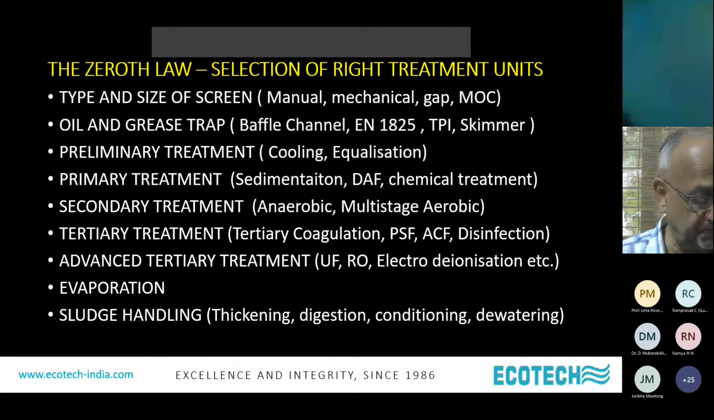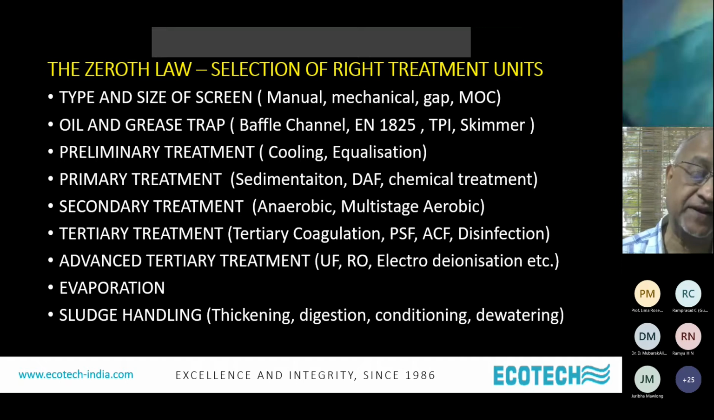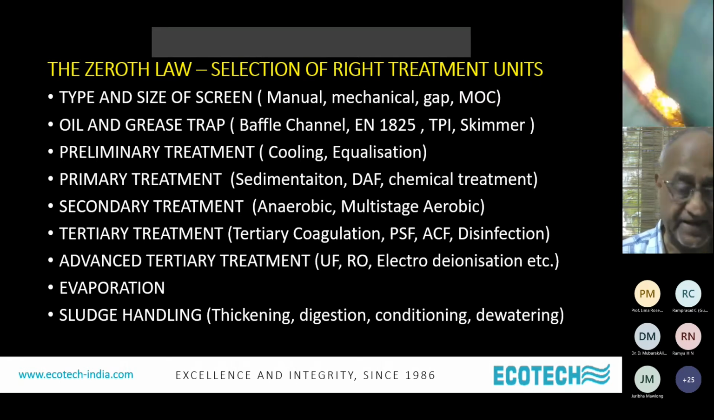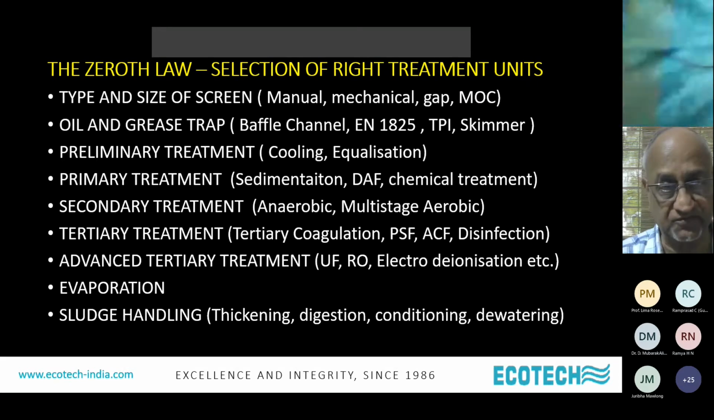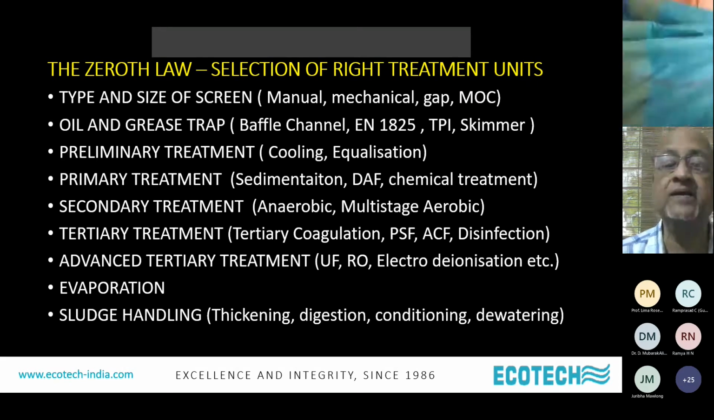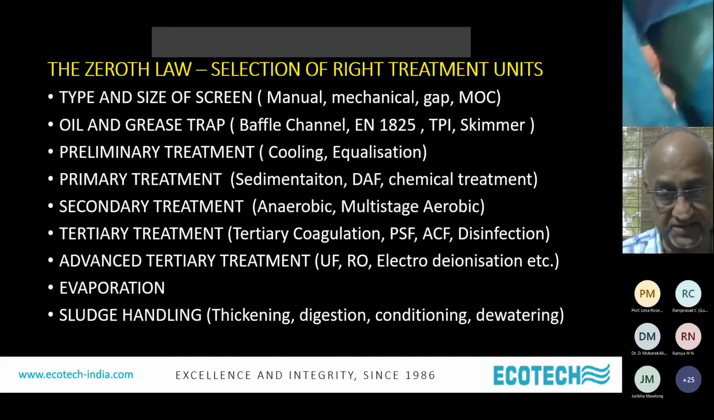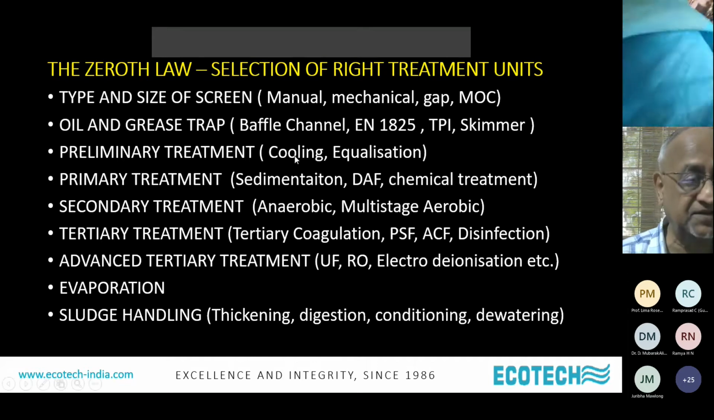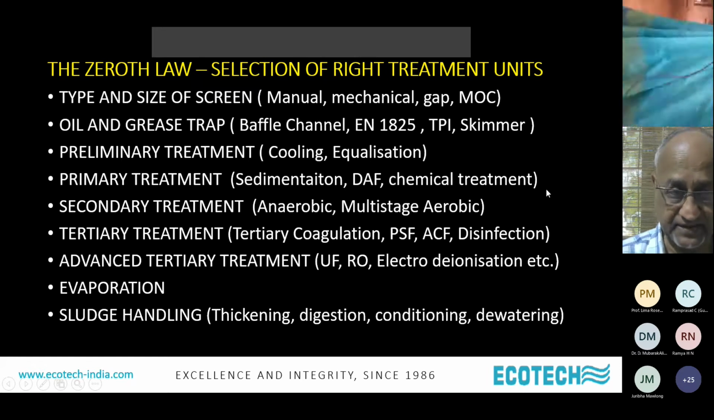Whether sedimentation, you make use of gravity, dissolved air flotation, DAF. In case the solids are not easily amenable to settling, you may try to float it out. And especially if it also contains oil and grease, DAF, dissolved air flotation, is the unit process or unit operation of choice. And chemical treatment, coagulation, pH correction, all these fall under chemical treatment. So these are the primary treatment technologies, which are treatment units and